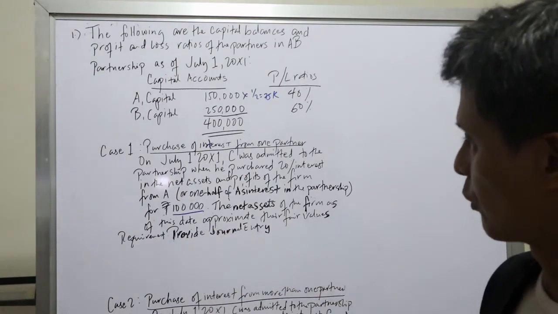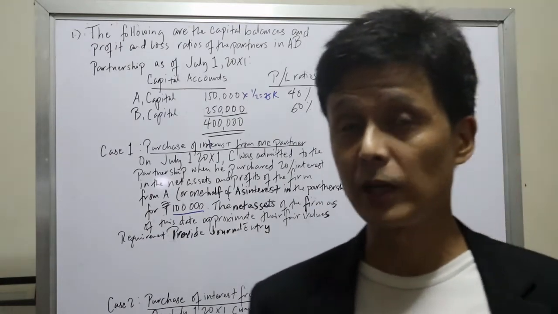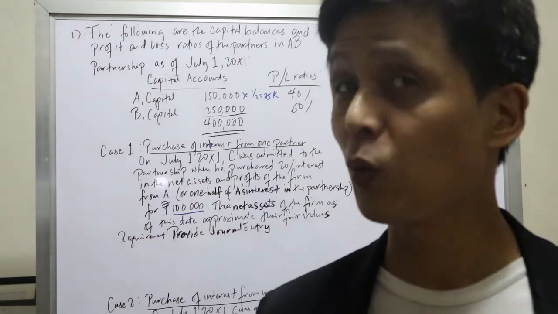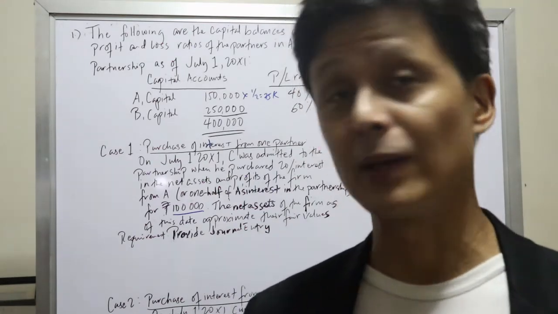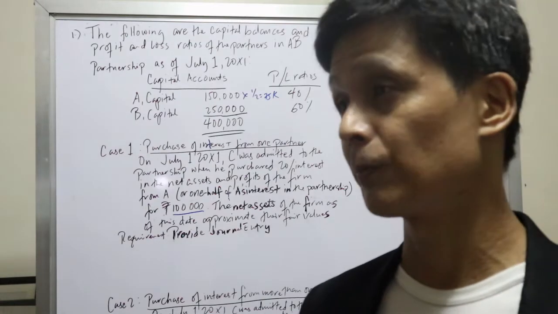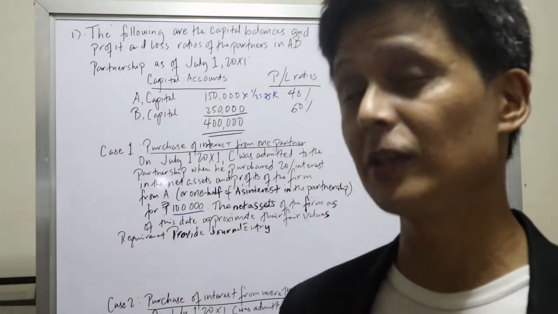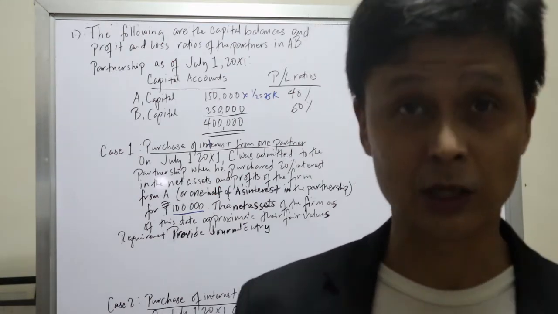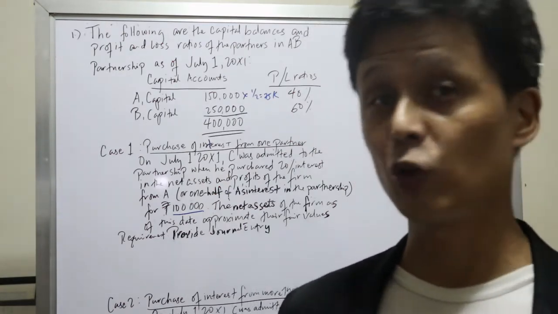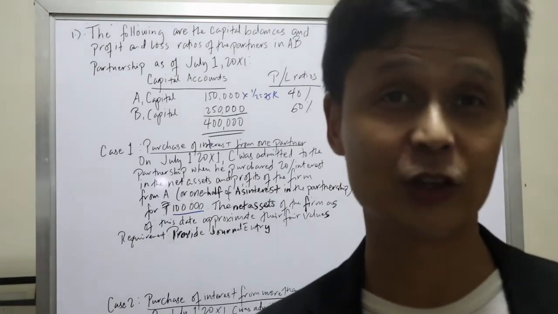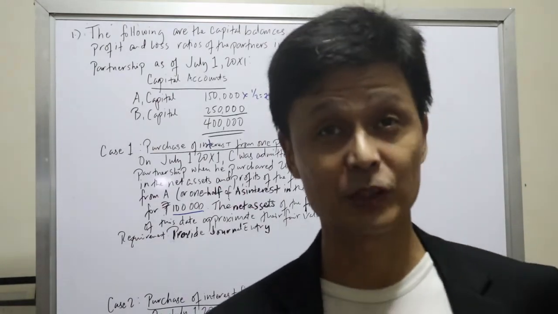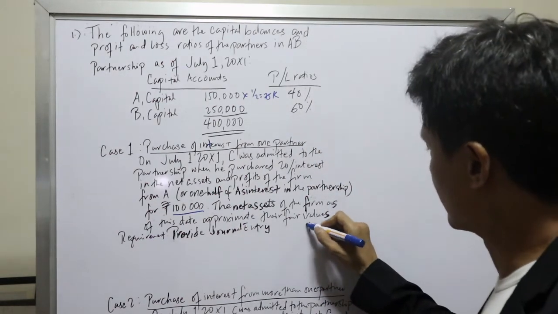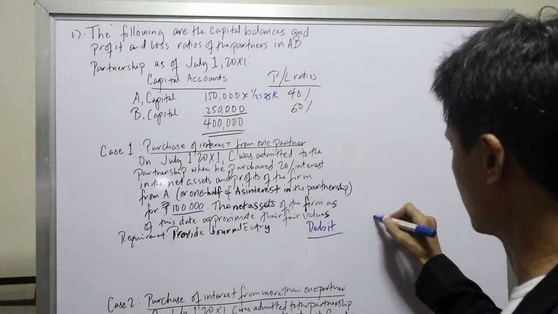So the requirement: provide the journal entries. So we simply provide the journal entries. Incidentally, journal entries are easy, no? If you want to check the video about basic accounting, I've also placed the link here. It's as easy as ABC. If you understand why the bank debits and credits the money in your bank account, the same principle applies here. So moving forward, this is debit and this is credit.